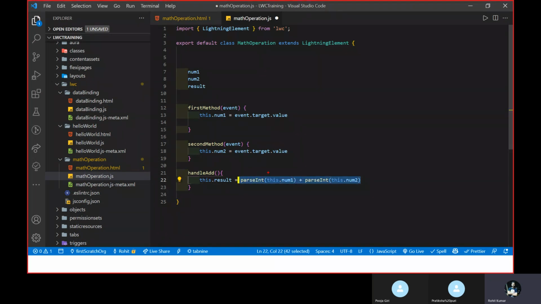So if you enter num1 as 5 and num2 as 2, it's giving me 7 in the result field, right? And I want to display this result under the HTML. So how to do that? You know this one very well.